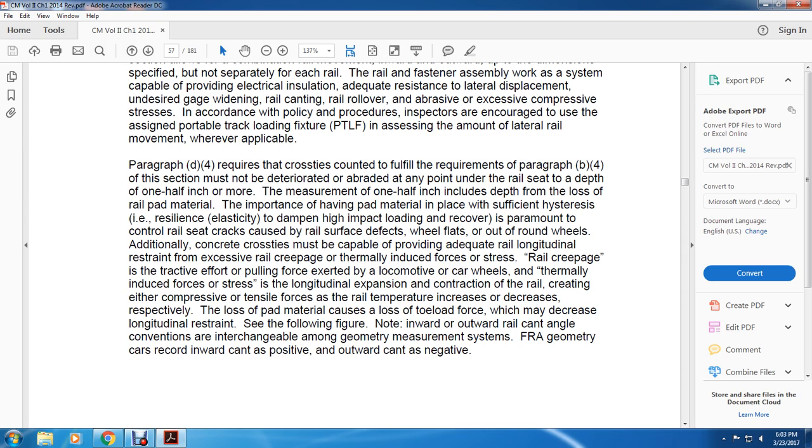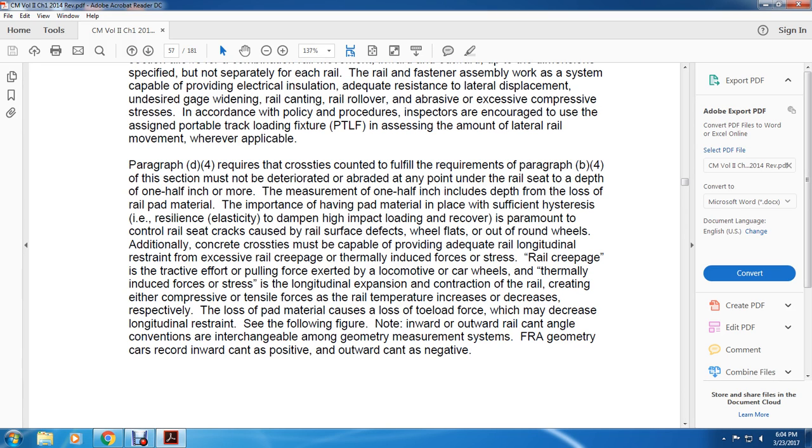Rail seat cracks are caused by rail surface defects, wheel flats, and out-of-round wheels. Additional concrete cracks may be caused by providing inadequate rail longitudinal restraint. The effect of rail creepage and thermal forces, including the force of the truss. Rail creepage is the tractive effort, the pulling force exerted by the locomotive or car wheels. Thermally induced force is stress, longitudinal expansion and contraction of the rail, creating either compressive or tensile force as the rail temperature increases or decreases rapidly, respectively. The loss of the pad may cause the loss of the toe load force, which may decrease the